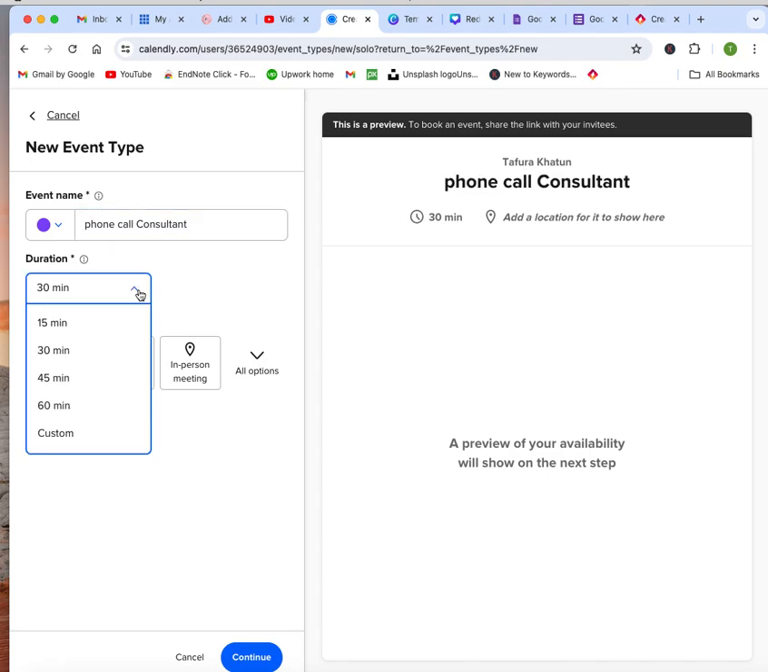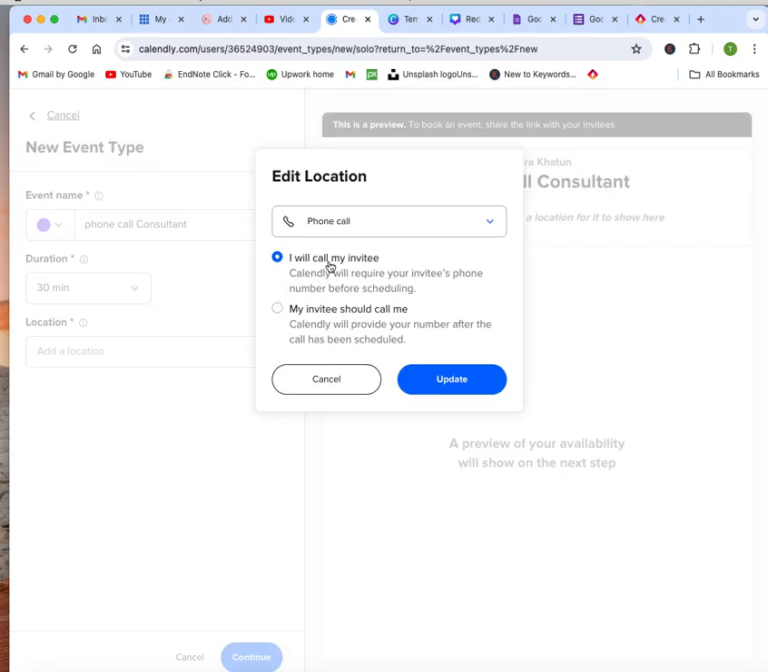You can put the duration, how long, 15-20 minutes, and you can customize if you want more than hours. So you can use the drop down menu from there, and then location: Zoom, phone call, in person, whatever you want to use. So you just click, maybe I use phone call. I will call my invitee, or if your invitee should call you. So you just click this, and I just click I will call my invitee, and then update,